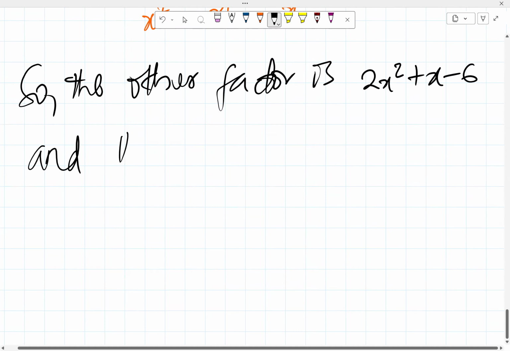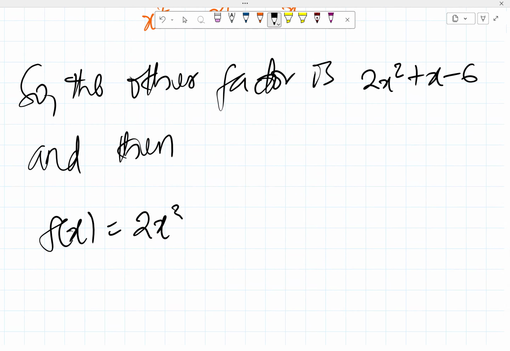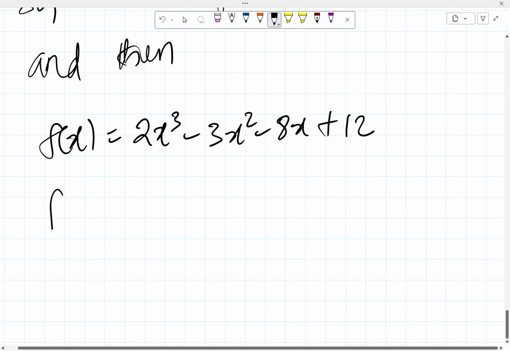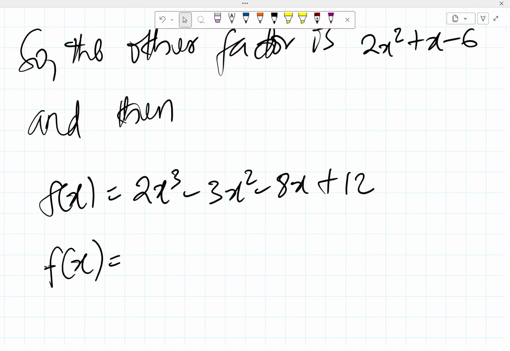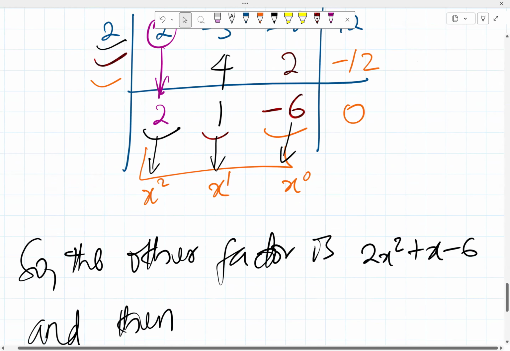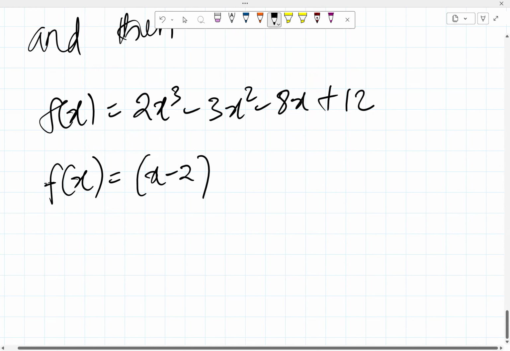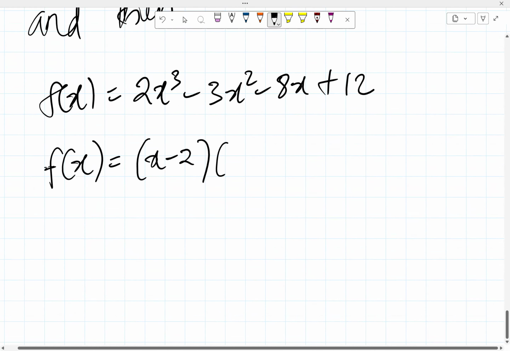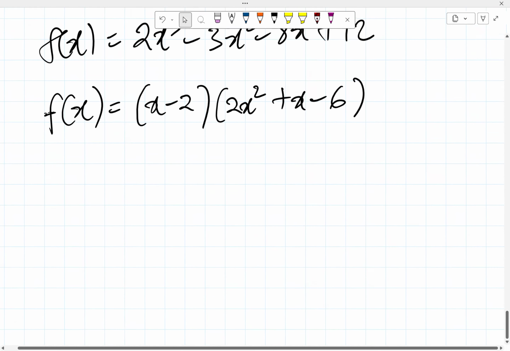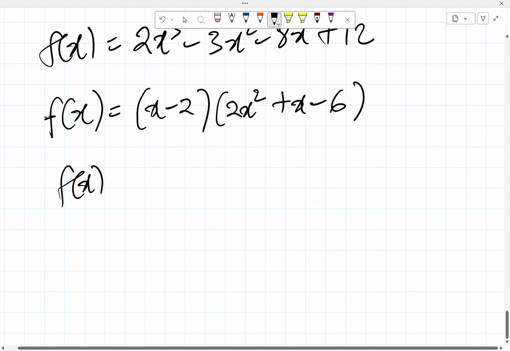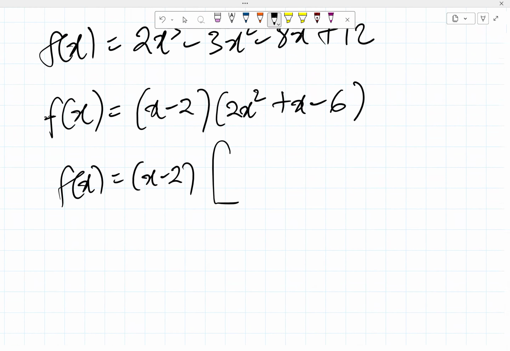And then f of x, which we started with, which is 2x cubed minus 3x squared minus 8x plus 12, is the same thing as f of x into, what did we get at first? X minus 2. That was the first factor. So we have x minus 2 into 2x squared plus x minus 6. 2x squared plus x minus 6, right? So we have f of x now equals x minus 2 into